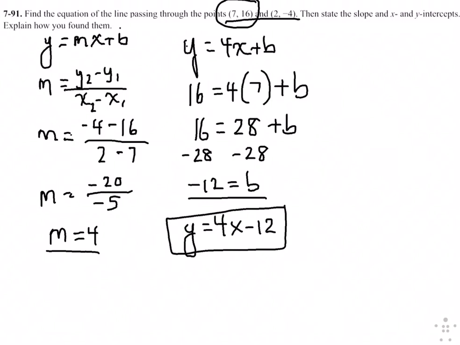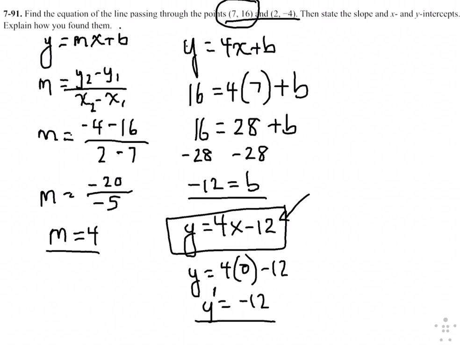Then it says find the intercepts. That's just a matter of substituting in 0 for the other values. So the y-intercept is the easiest. If I substitute in a 0 for x, I get 4 times 0 minus 12. Y equals -12. I could have also looked at it because I know the -12 is the y-intercept, right, which is the b. But so now I know the y-intercept right there is -12,